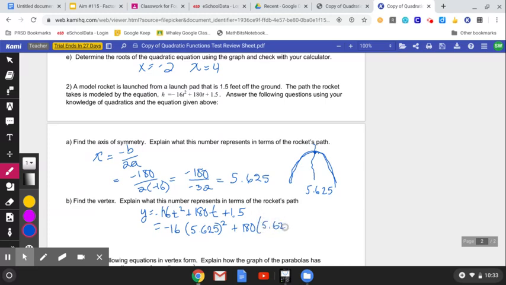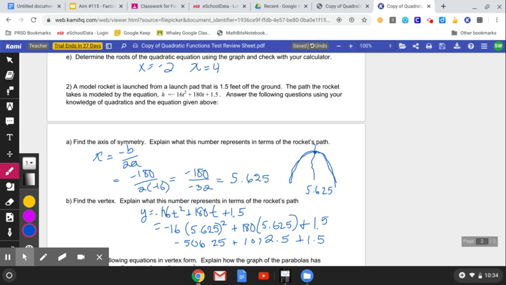I'm going to square that number and multiply it by -16. That gives me -506.25. If I take 180 and multiply it by 5.625, I get 1,012.5, plus 1.5. All right, so add all those together,